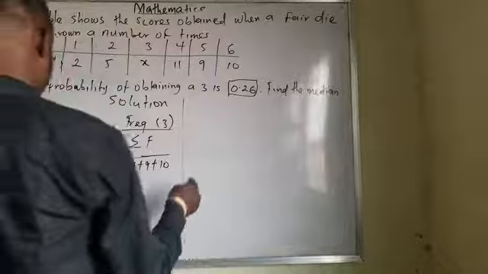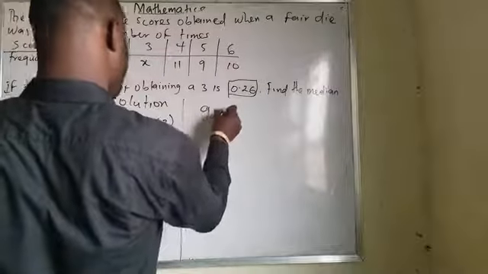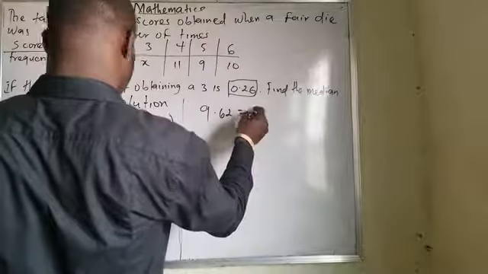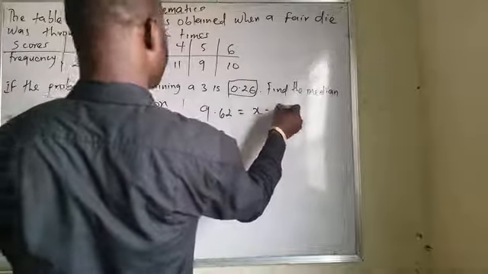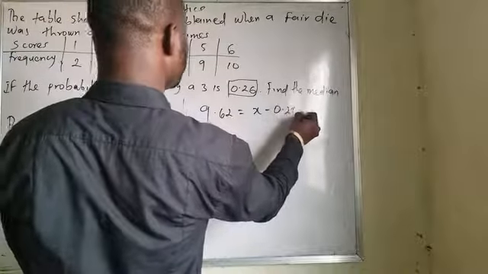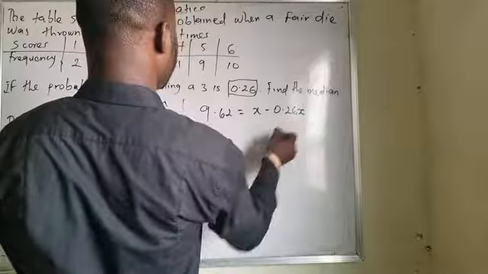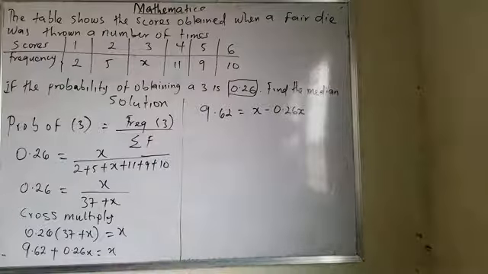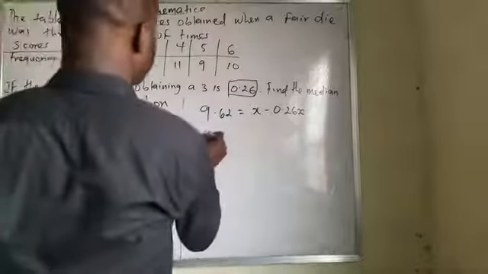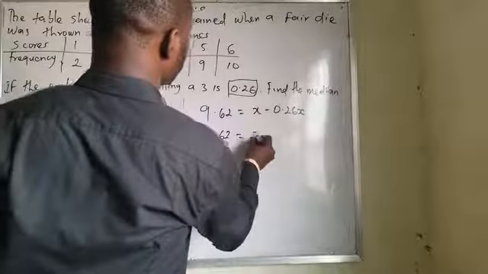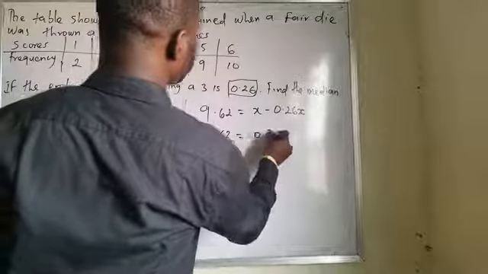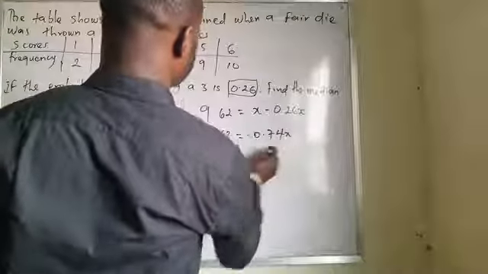If I collect like terms, I'll be having 9.62 equals to x minus 0.26x, which is 1 minus 0.26, that will be 0.74. Now 9.62 equals to 0.74x. Divide both sides by